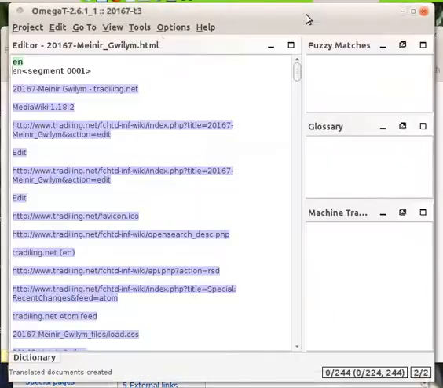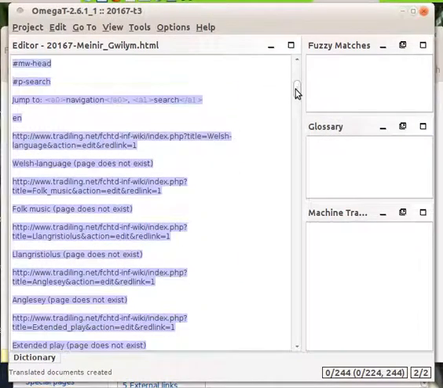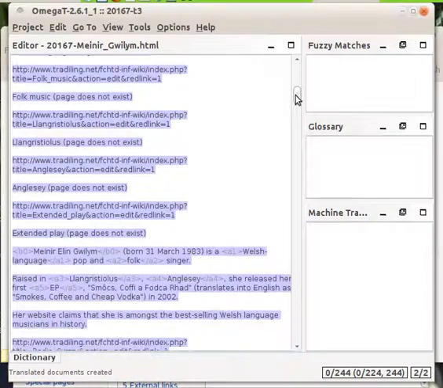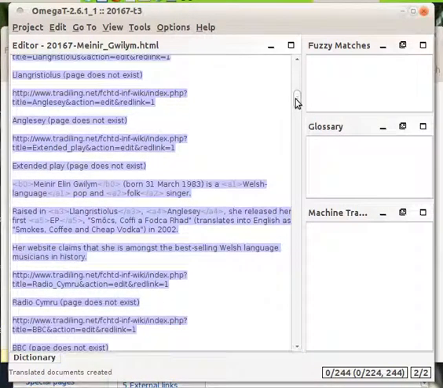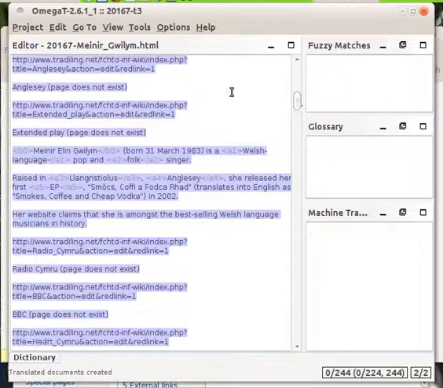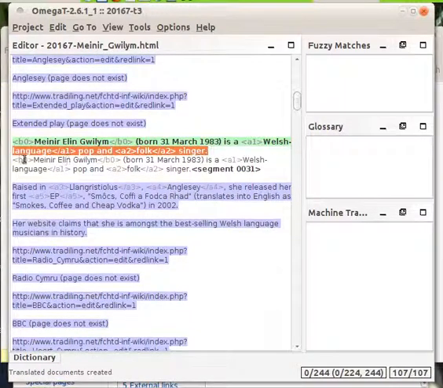But if I go back into OmegaT now, for example, then what I want to do is to go down to where the text starts. So all of this stuff at the beginning is the menus and stuff like that. And in fact, the text starts here. I think this is right, down at this point here. So what I'm going to do is double click on that, and now I can start